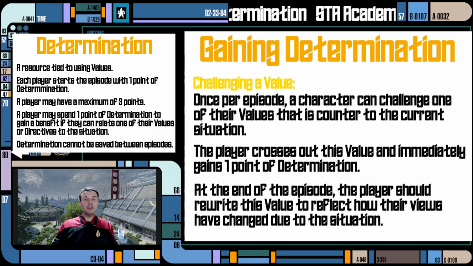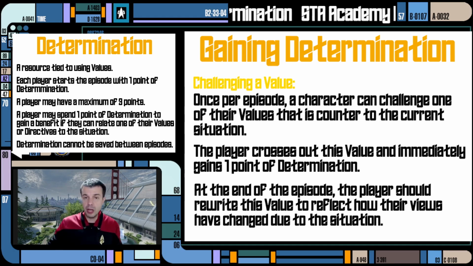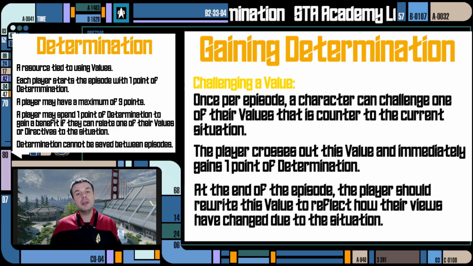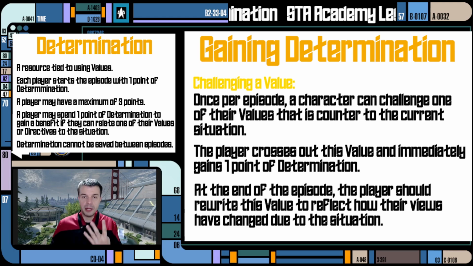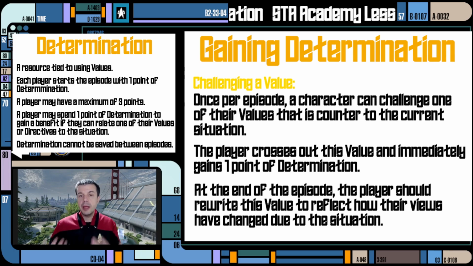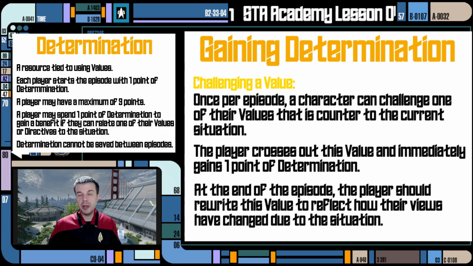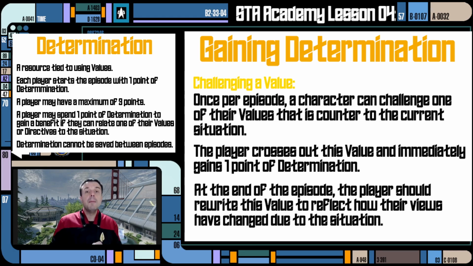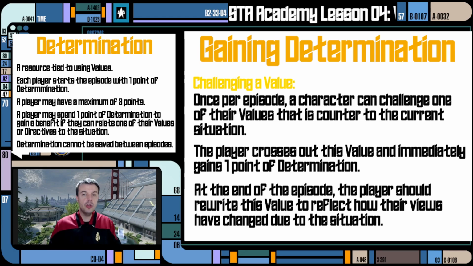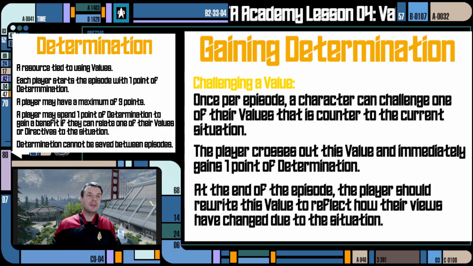Now, when the mission is over, when the episode is over, when that episode you're playing is finished, you had your challenged value you crossed out. When it's finished, you get to rewrite, because you go back to 4 values, you get to rewrite your value, preferably, in my opinion, to reflect what happened, why their value changed, what their new view of that value is. It could be an entirely different value because of it, or it could be slightly different, but it should be changed. It should not go back to what the original value was, unless for whatever the outcome was, it just